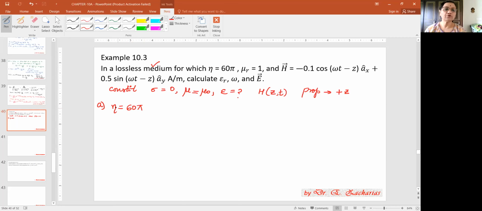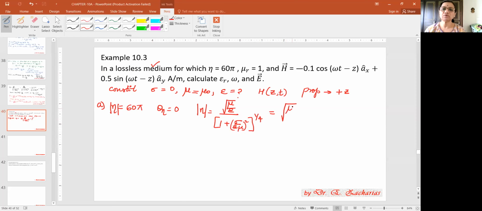So obviously you can straight away see that this is modulus of eta, theta eta is equal to 0. And then let us see what is the expression for modulus of eta. Modulus of eta, you know, is given by the most general expression: under root of mu by epsilon, divided by 1 plus sigma by omega epsilon whole square, and this whole thing to the power of 1 by 4. But look at our problem. It's a lossless medium. Sigma is 0. Therefore, this denominator becomes 1. So you have under root of mu by epsilon.